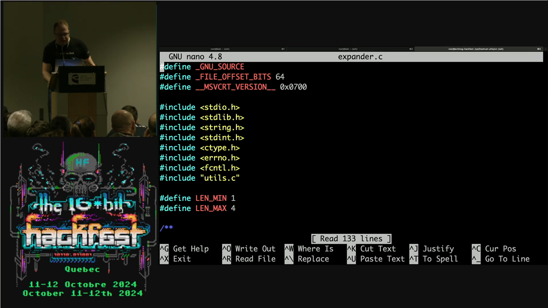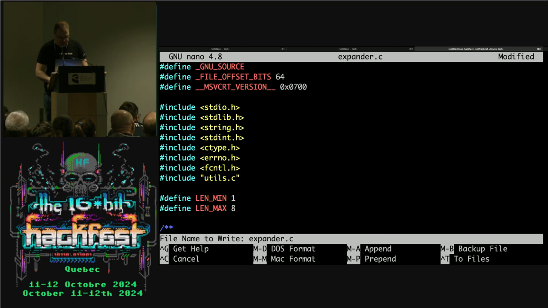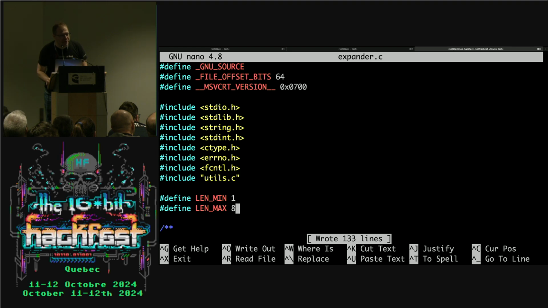If you look at the source code for Expander, there's a line right here. By default, Expander is neutered, for lack of a better term. We have it this way because we built it back in 2009 and GPUs kind of sucked. So this is the maximum length of a word it'll process. You change the 4 to an 8, you save it, and yes, I use Nano. I'm sorry, you Emacs users.